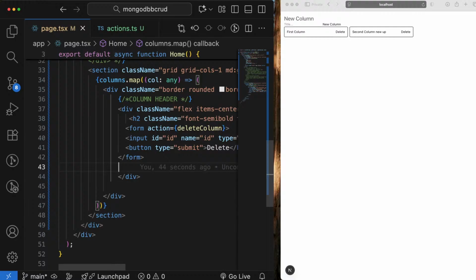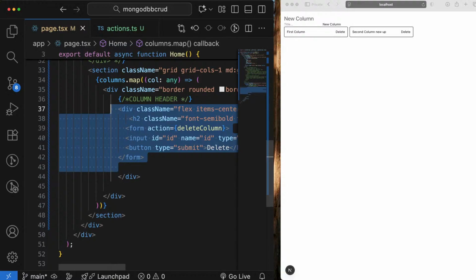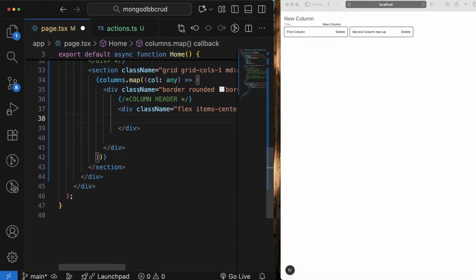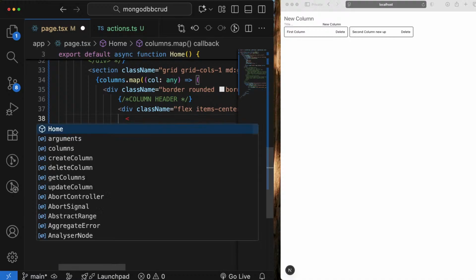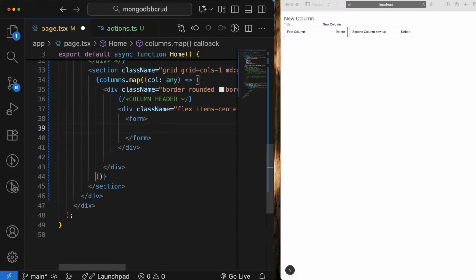Hmm, I think I will move this one. Let me get rid of this. And let's add the form to